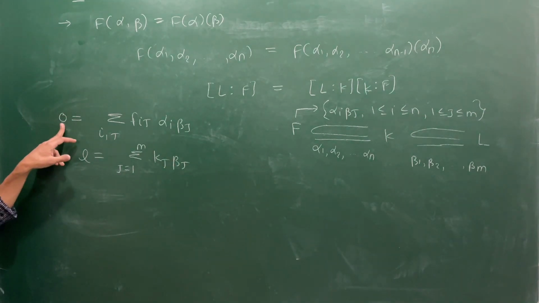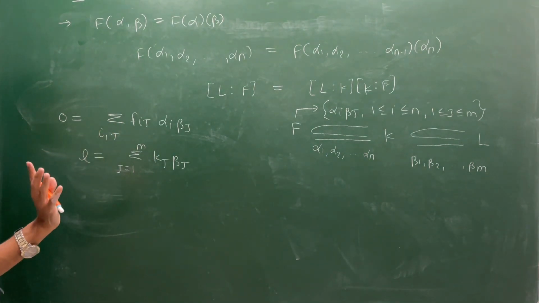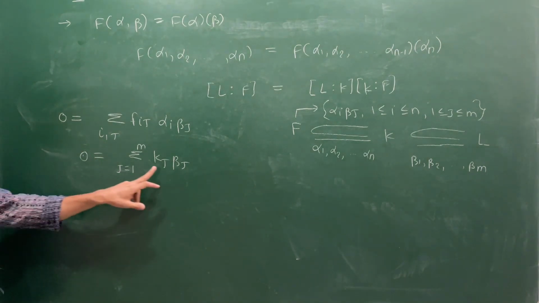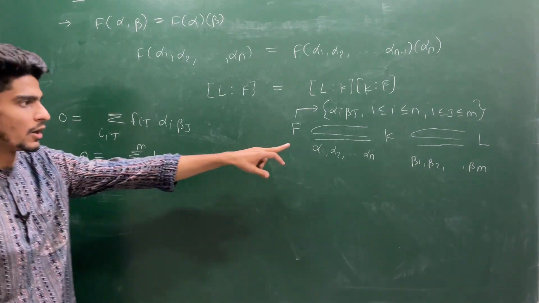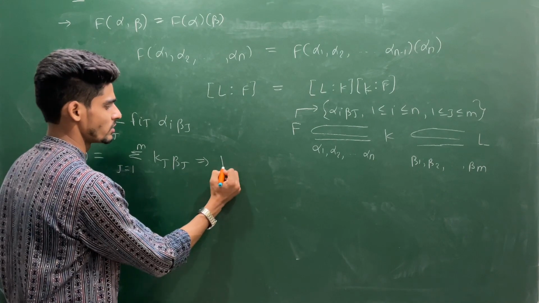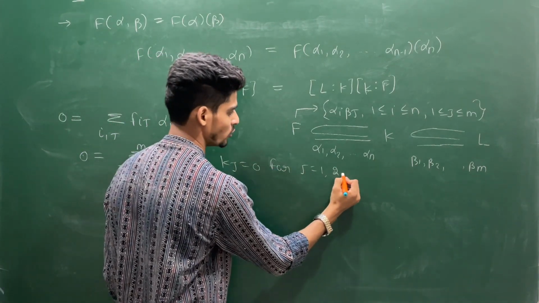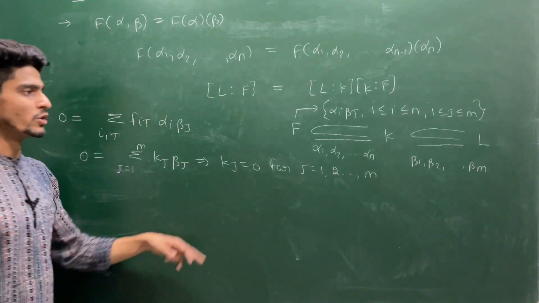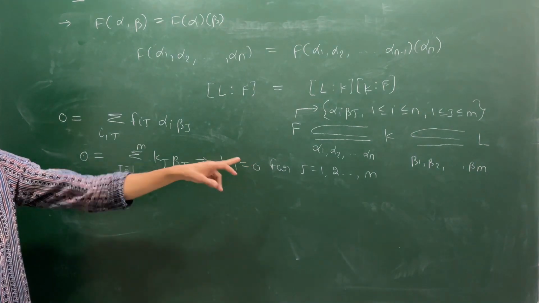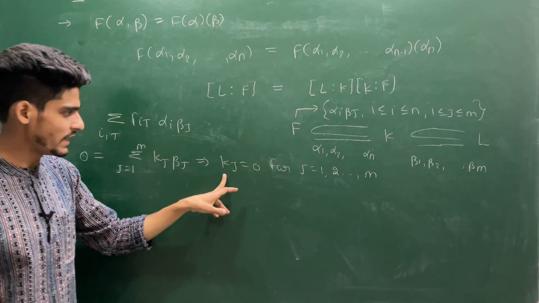But I am choosing the 0 element, because how am I getting this one? By using l. In place of l, I have chosen 0. So in the previous one, you insert 0 in place of l. Then you will have this combination. This is a combination over K. But this will directly force k_j to be 0 for j equal to 1 up to m. Why? Because my beta is a basis. So if you take the linear combination with respect to the basis, then 0 will have only a unique combination, that is the trivial linear combination. So each k_j is 0.